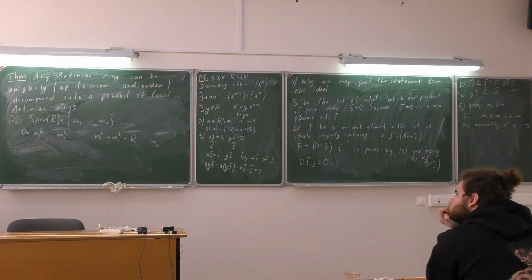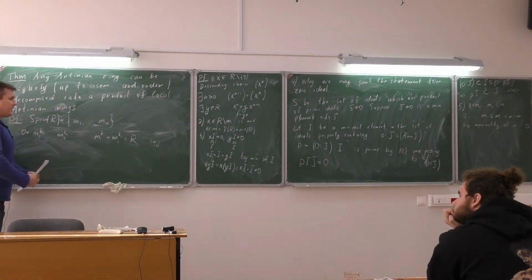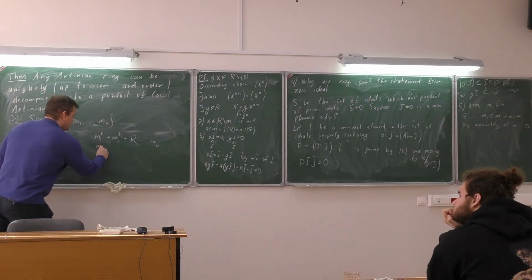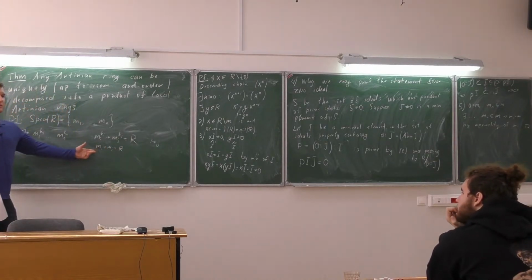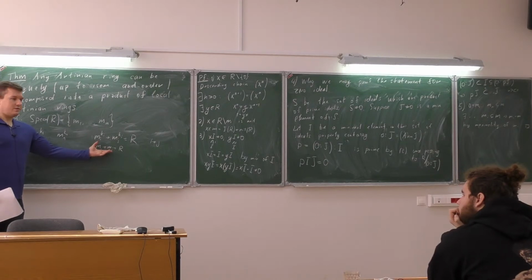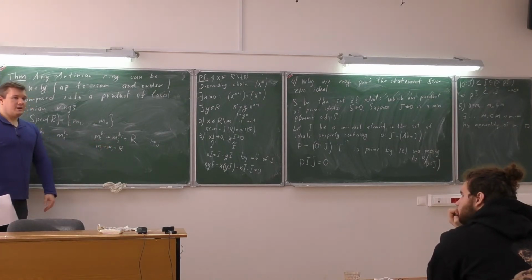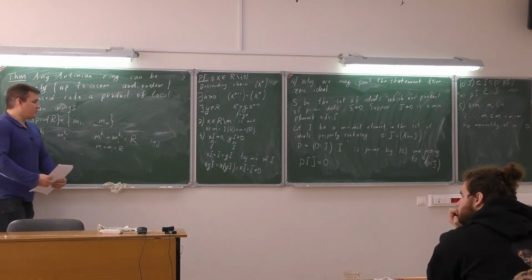Mi is maximal, Mj is maximal, and what? Because Mi and Mj are maximal, you definitely can say that this is true, right? Because if you take a maximal ideal and at least something that is not in this ideal, you get the ring. But now we want to generalize this